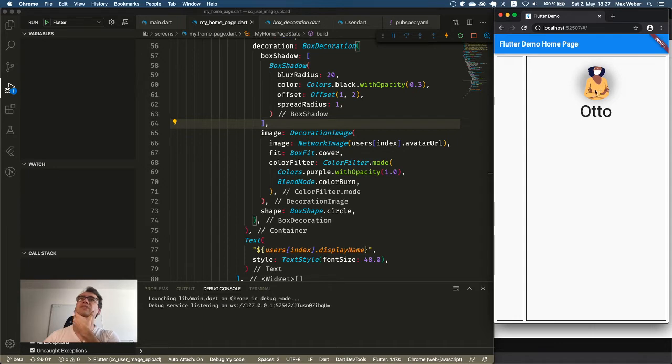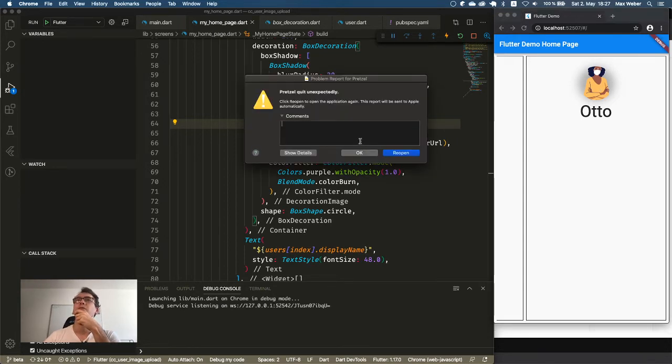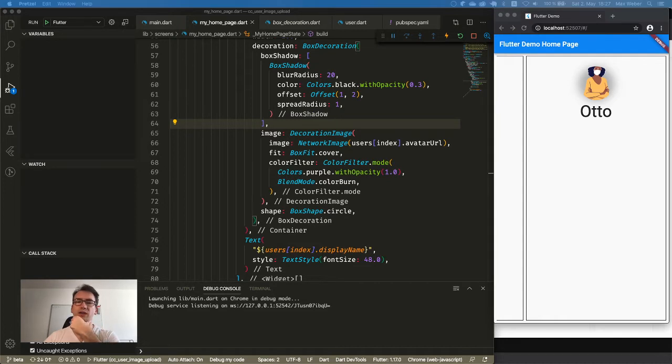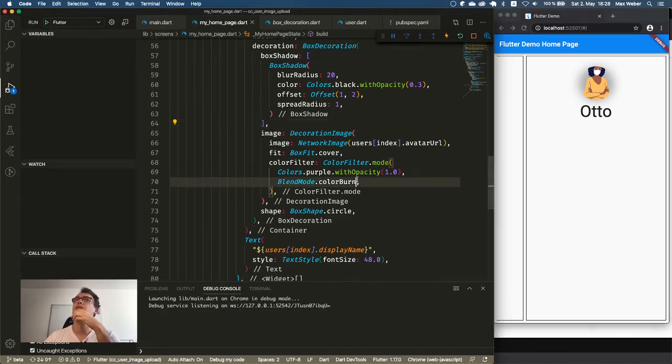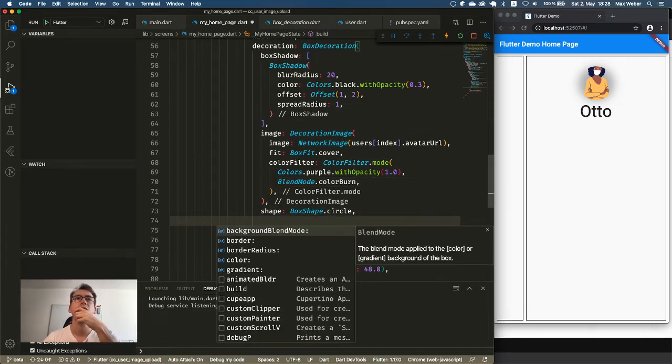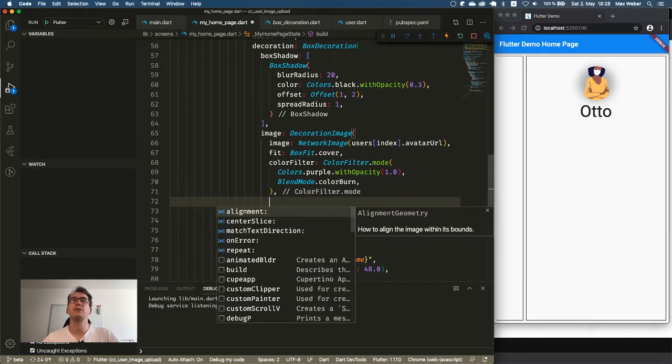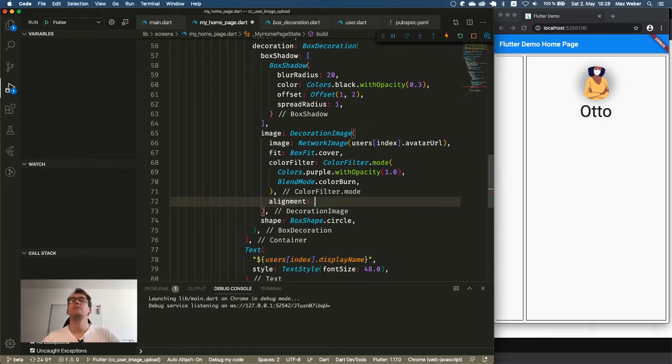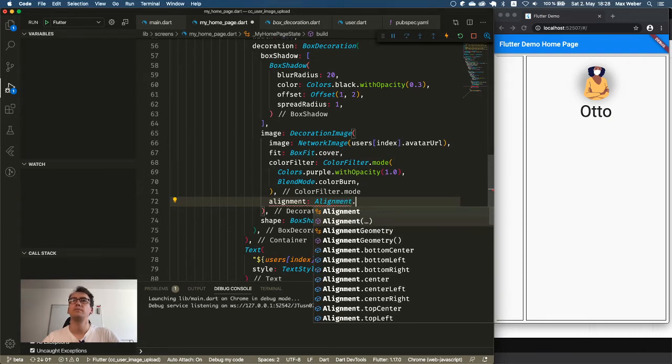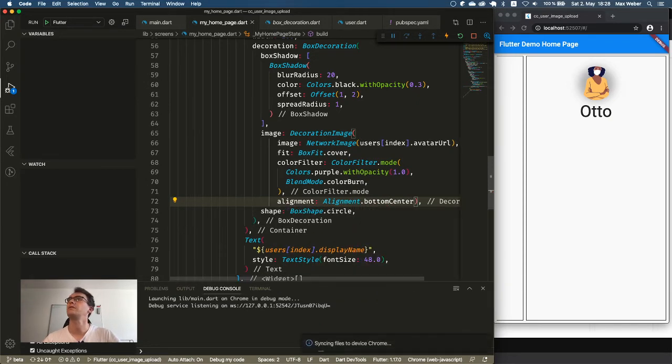The only problem that I have with the SVG is it looks pretty good. Okay, now my music app is broken. All right, back here. The SVG looks pretty awesome, but it's getting cut off. That's a bit unfortunate. So what we could do is I think we can somehow move the image inside, but I'm not sure with that. So let's have a look. We can align that. We can center slice for a 9-patch image, okay. So what can we align it to? Bottom center, let's see what happens.